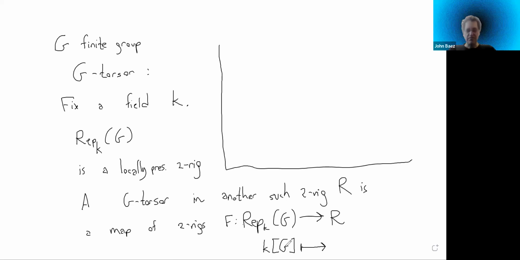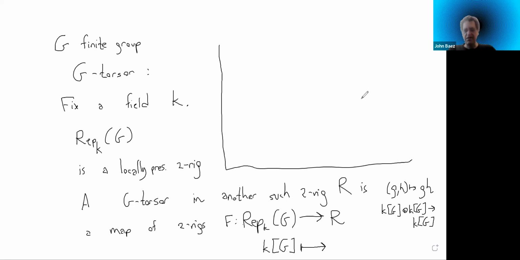Because multiplication, for those of you who are wondering what we're talking about, would send basis elements G and H to the pair GH. This would be a map from KG tensor KG, and that map there is not getting along with the action of G on KG tensor KG, because